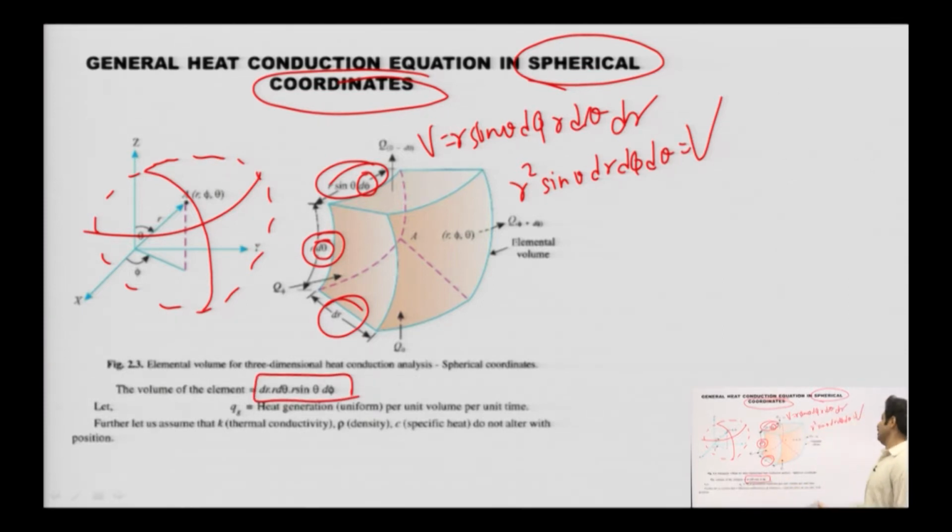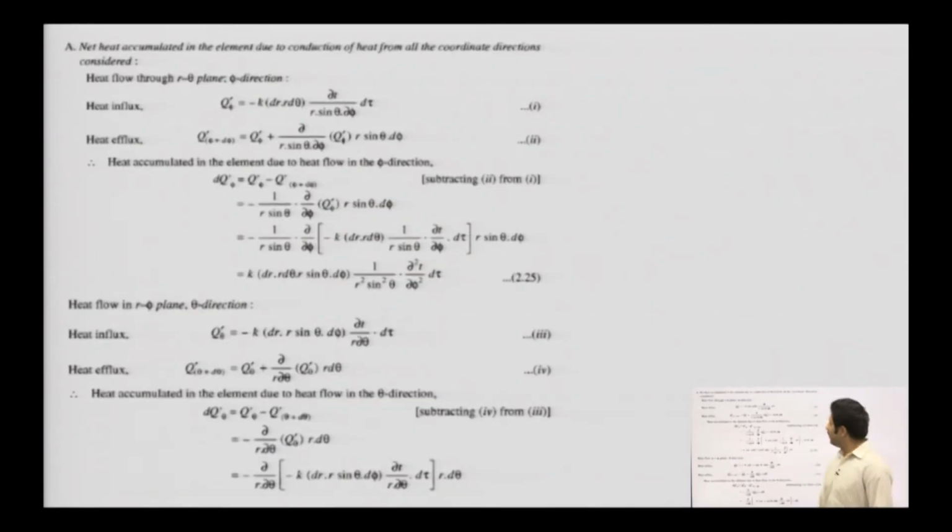Qg, you all know, is the internal heat generated. Now the same thing has to be done, but what is required is that you very precisely look at the coordinates and decide what will be in the area part and what will be in the thickness part. So once again, let's come to q phi. So q phi, this is the thickness, the complete.